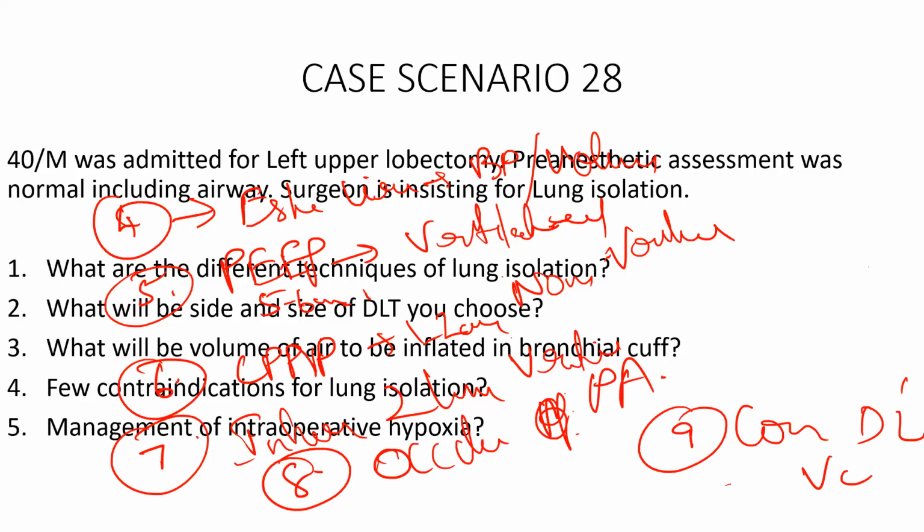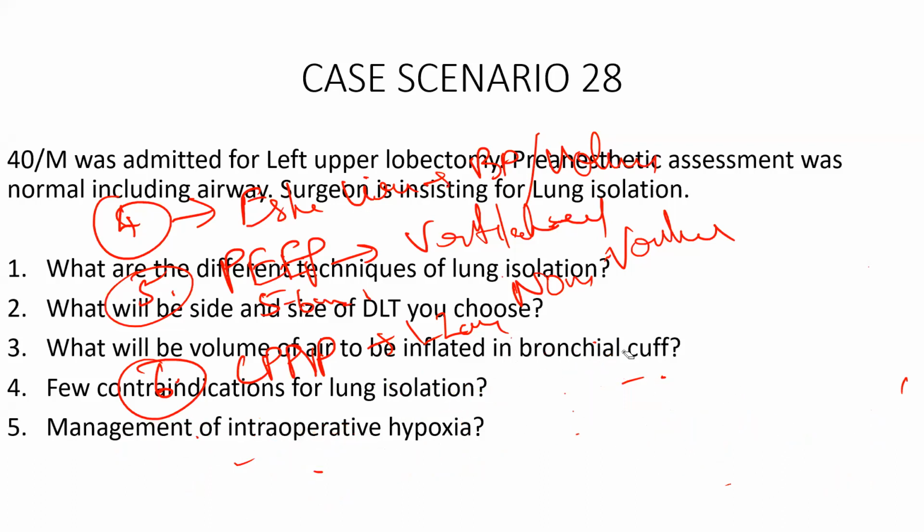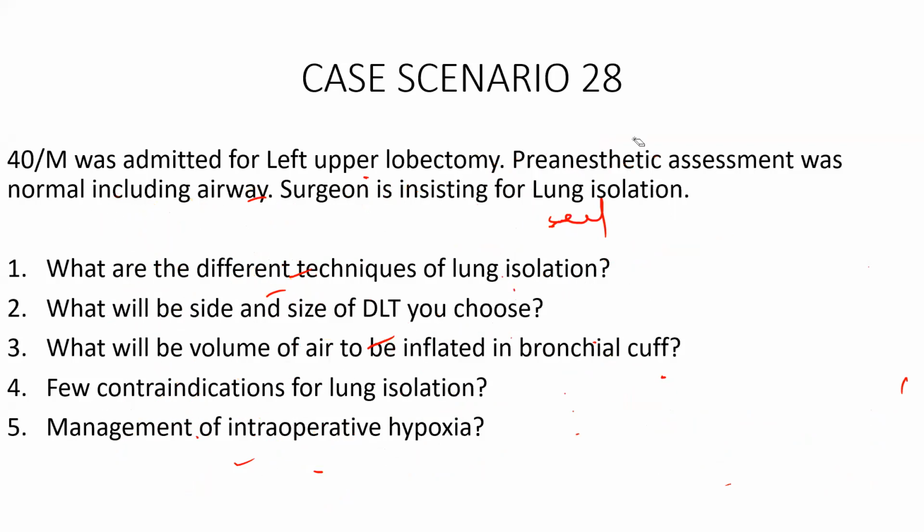Sir, what is that occlusion of pulmonary artery? I didn't get it. When the surgeon is operating, you can ask him to clamp the pulmonary artery which is not being ventilated. When you clamp the pulmonary artery, all the blood will be diverted to the lung which is being ventilated, so you can approximate the ventilation perfusion ratio. So VQ mismatch is improved, sir, basically? Yeah, decrease the shunt, basically. You are improving the ventilation perfusion matching.